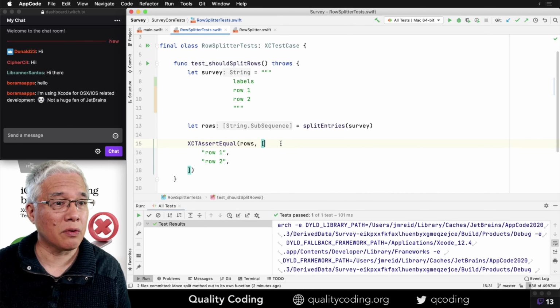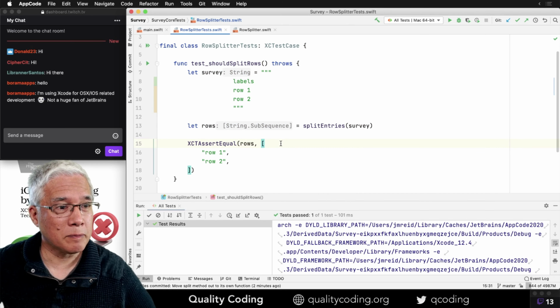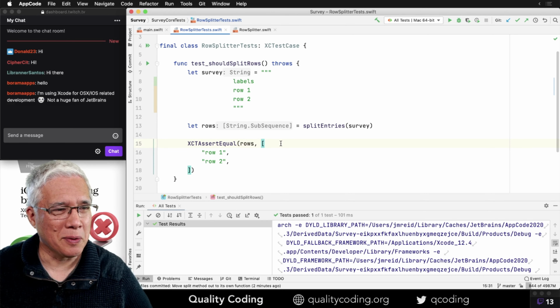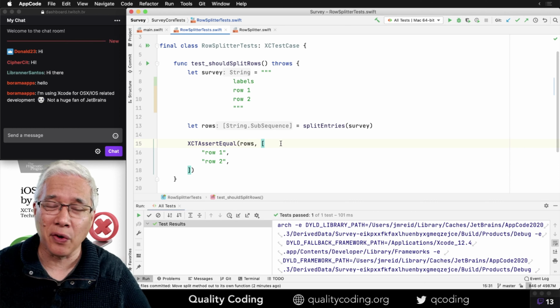All right, now, so Borama, not a huge fan of JetBrains. Well, yeah, I know that I am in the clear minority among iOS folks that use Xcode by default.